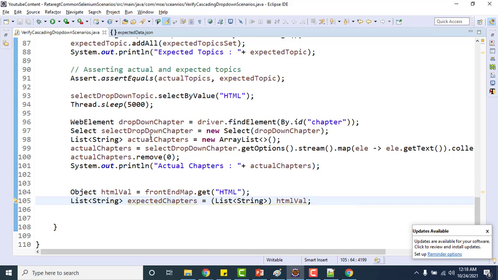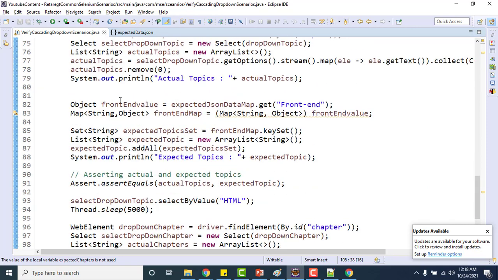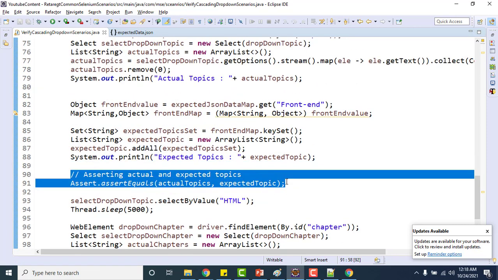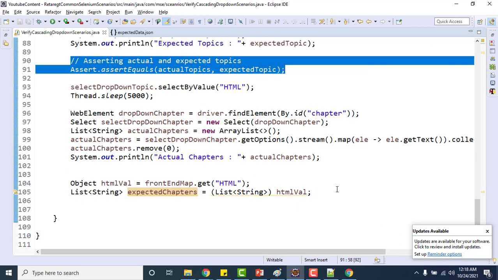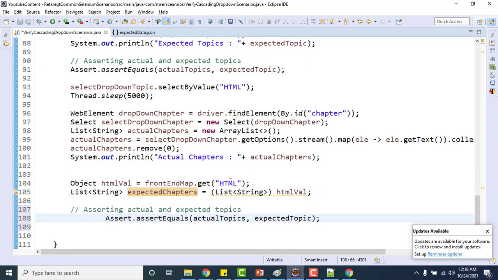Okay, so now we have actual chapters and we have expected chapters. Now we can assert it. Let me copy the assert statement. It will be like asserting actual and expected chapters.